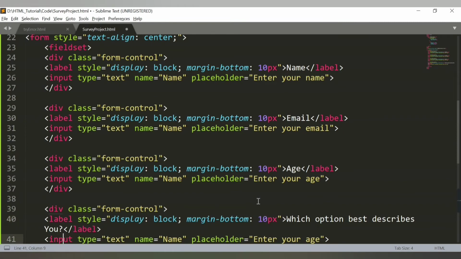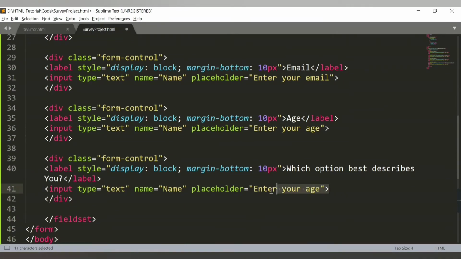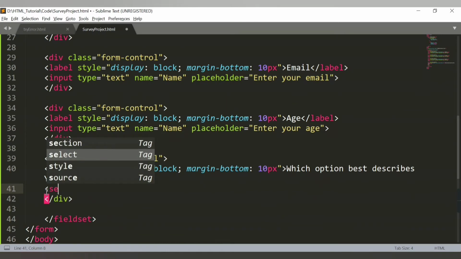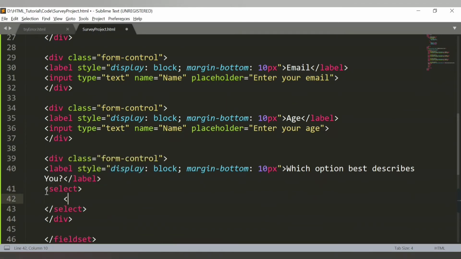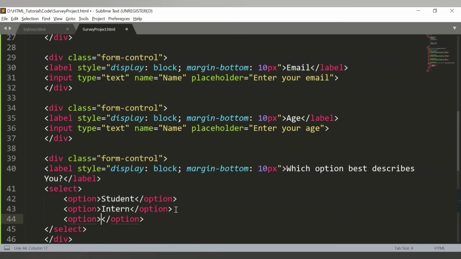So here is the label for that, and now we don't want the input type text, but we want a select option. So you need to provide your tag select. Inside that select we need to provide different options. The first option was student. Let's copy this, or just enter option again, student, intern. Let's add two more options here, option professional, and the last one was other, option other. Let's save this,